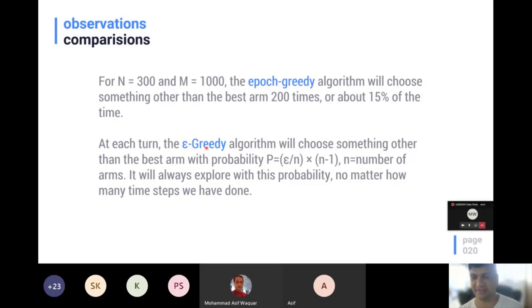So it's only 10% of the time that it's going to go out and explore suboptimal choices. You don't know whether they are suboptimal. So it's going to go out and try other things. And it might so happen that something else during that exploration becomes much, much better. And over a period of time, you will find that the other arms do get picked as well. So it's going to explore all these choices at the moment,